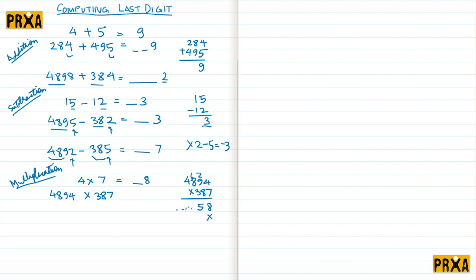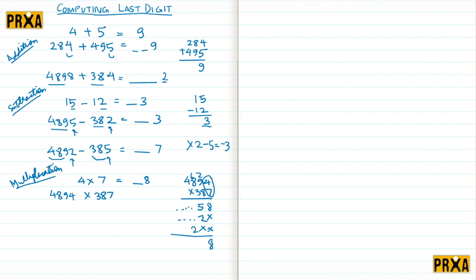And then I put a cross here, and then I start with 8 times 4, 32, and then I carry 3 and so on. Yeah, and then for multiplying 4894 by 3, I put 2 crosses here because it is 300 that I'm multiplying it with, and this is 3 for the 12 and carried 1 and so on. So in the answer, I notice that my units digit is 8, yeah, which is the units digit of 7